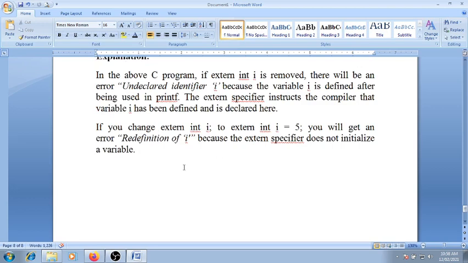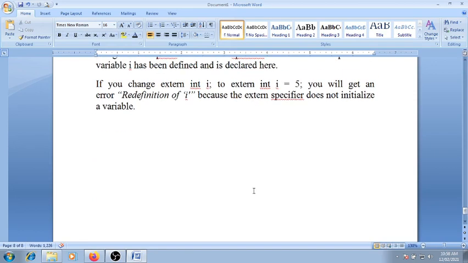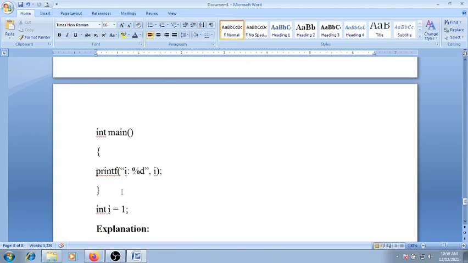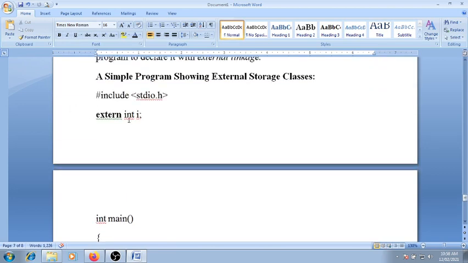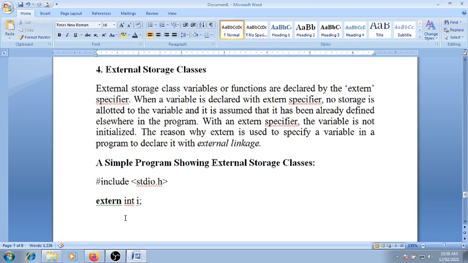If you change extern int i to extern int i equal to 5, then you will get an error, redefinition of i, because the extern specifier does not initialize the variable. So that's why we declare that variable, then we print that variable, and then we assign the value to that particular variable. So it will give the output that way.